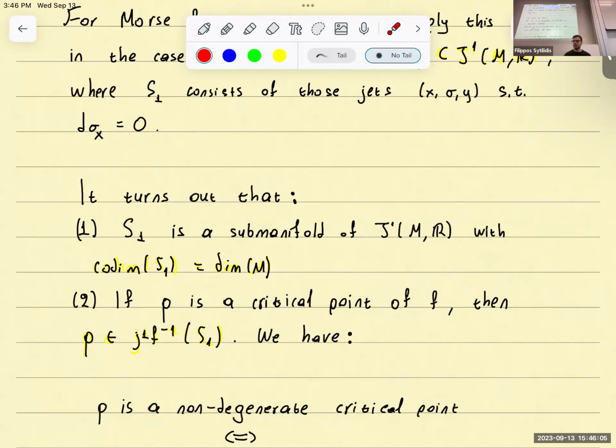Oh, I had the definitions messed up in my head. Of course, we keep track of the whole smooth function. So what is the definition of the codimension of S1? It is the dimension of J1 minus